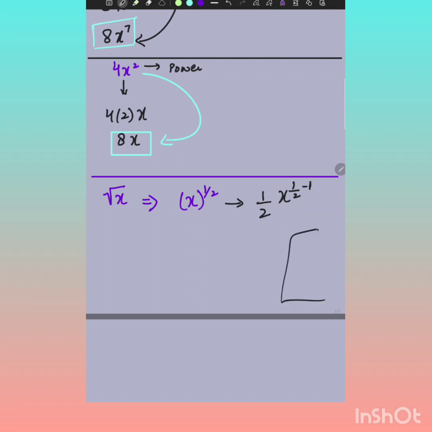How? If you take LCM, it will be 2. 1 minus 2 is minus 1 over 2. So we can write it like this, x to the power minus half, and we can write it as